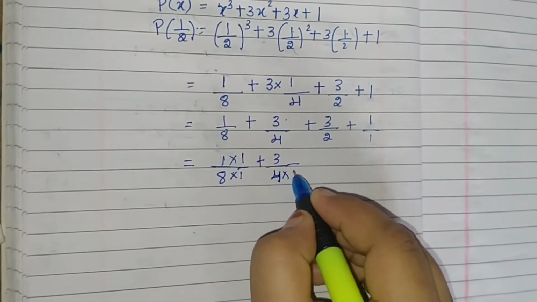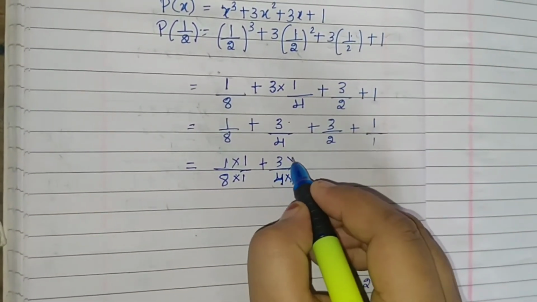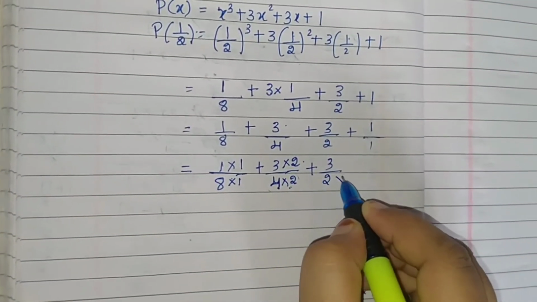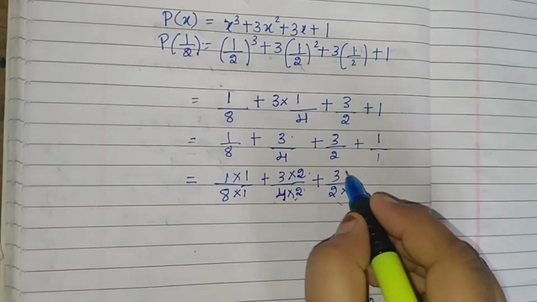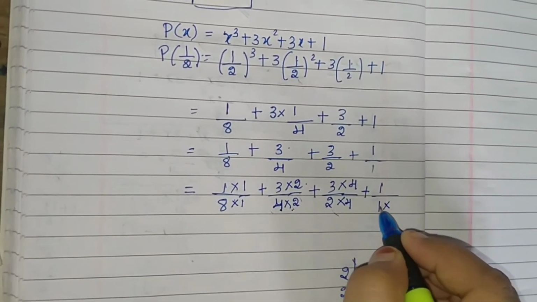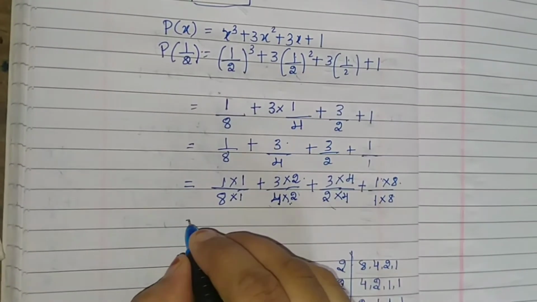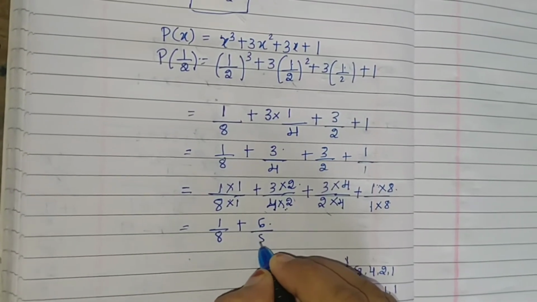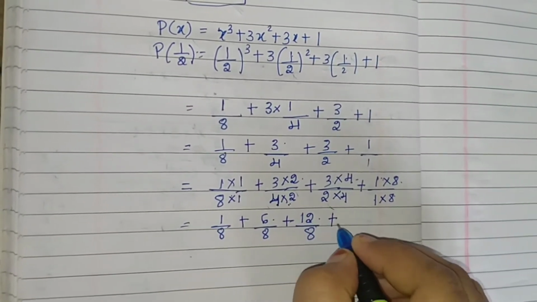So 4 2s are 8, right? So what you are going to multiply in the denominator, the same number you have to multiply to the numerator, plus 3 by 2, into, so you know, right, 2 4s are 8, right? So the same number you have to multiply to the numerator, plus 1 by 1 is there, right? 1 8s are 8. So 1 by 8 plus 3 2s are 6 by 8 plus 4 3s are 12 by 8 plus